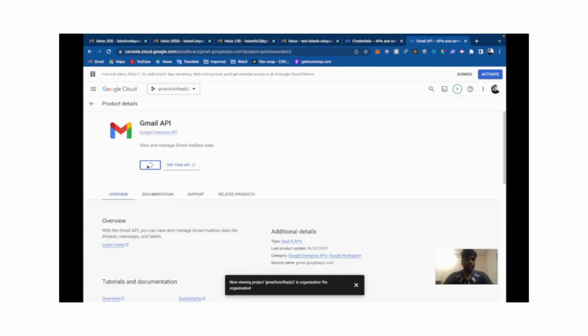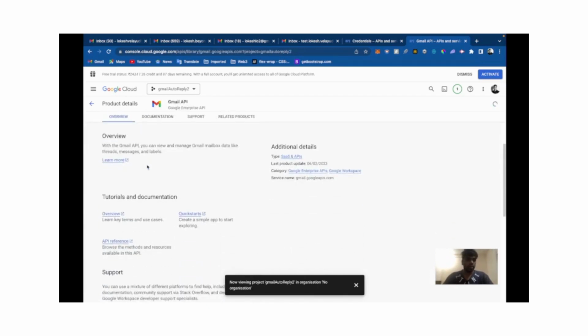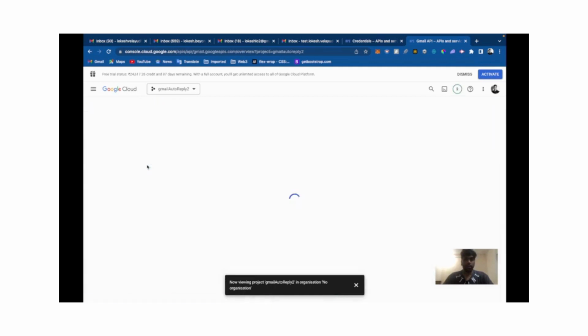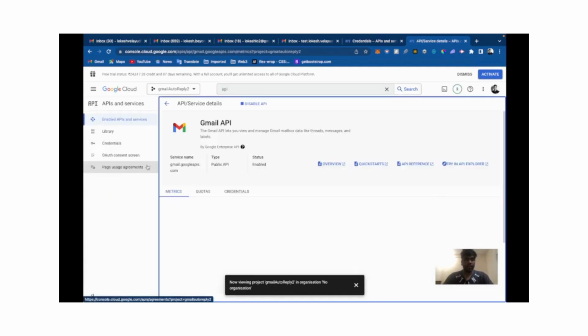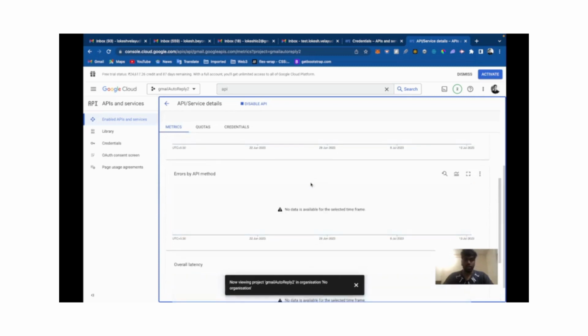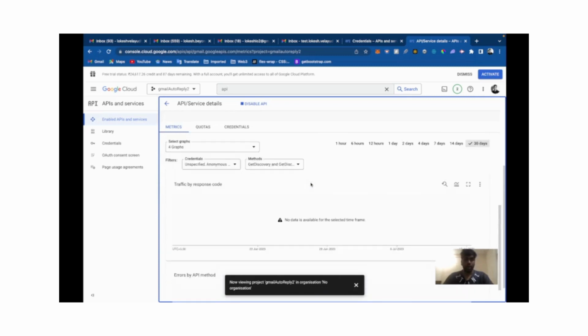This Gmail API will help us. There are a lot of scopes in this Gmail API. We can read, write, label the Gmails, deploy the Gmails,